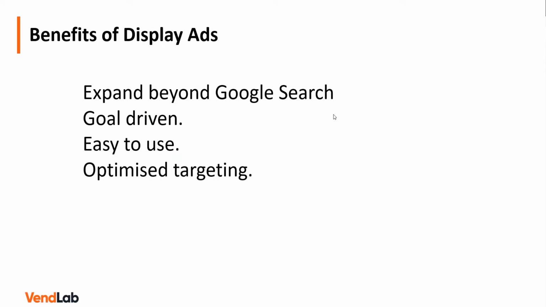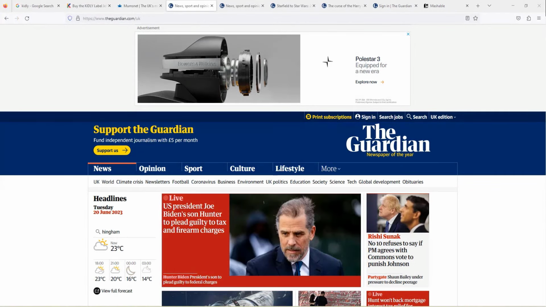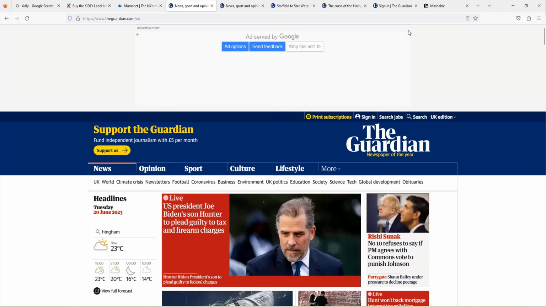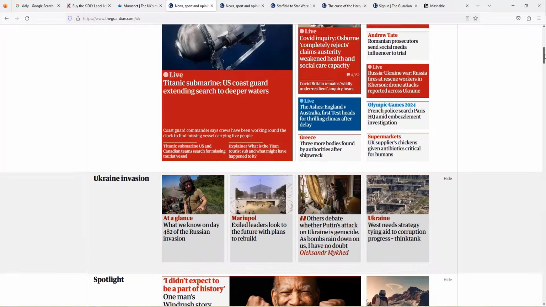So let's look at some display ads in use. So I've gone to the Guardian website, which is a major news website, and we can see straight at the top here, this is a Google advert. So we can see that if we click on the X at the top, it says the ad is served by Google. If we go down the page,